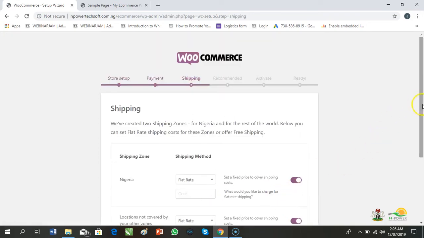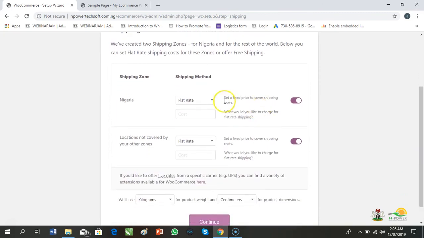Okay, the next is the shipping information. So this is saying, do you want to choose between flat shipping or free shipping? This is setting a fixed price for shipping. And if we have a fixed price for shipping, we are just going to input it here. But these days we tend to have people saying deliver to anywhere in Nigeria with just 1,500. So Nigeria is currently moving into the flat shipping era.